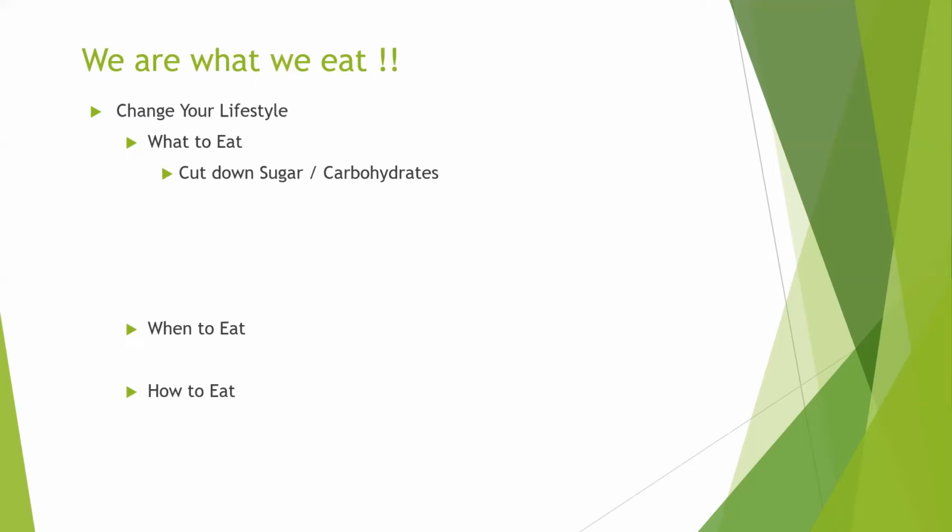What happens is, when we take high glycemic index food again and again, it shoots up our insulin levels. And remember that insulin is a storage hormone. It builds up fats in our body. The second thing about a high carbohydrate diet is that it creates a lot of oxidative stress in our body.